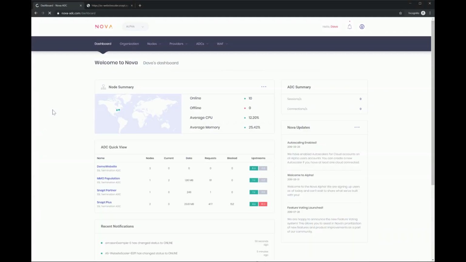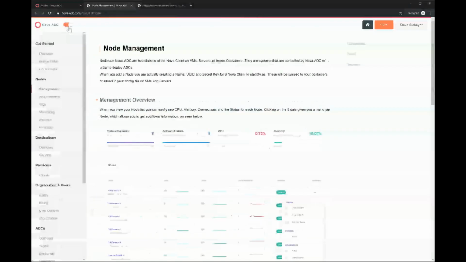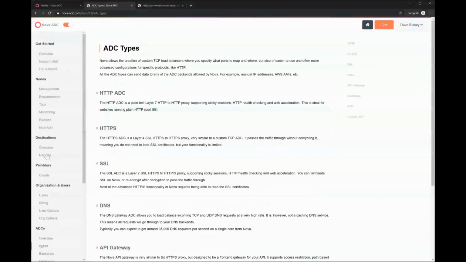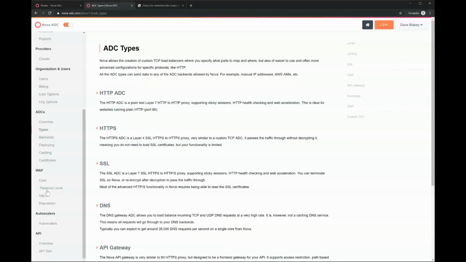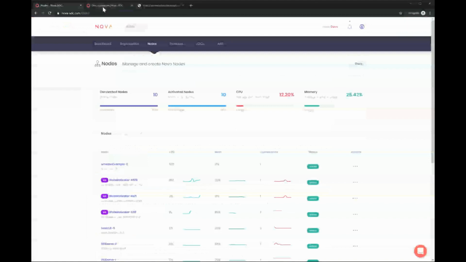The other thing you'll notice is that on a lot of pages, when you start to test the system, you'll see there's a docs link at the top right. See this little icon up here. You can click that and it'll go to a context-sensitive docs page for you. But there's a huge, if you just go to /docs, amount of resources about the types of ADCs, how you deploy them, the WAF, overview on destinations, where the DNS servers are hosted, all that kind of stuff. You can see everything here, installation instructions and so on. You can get as you need.